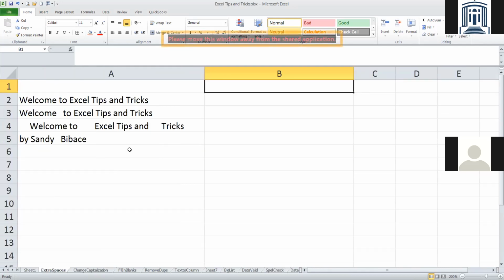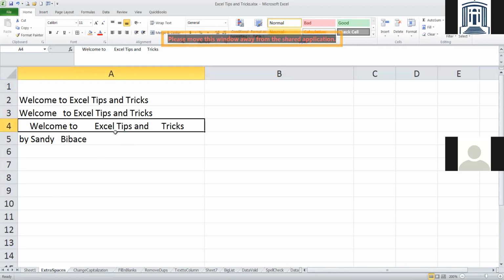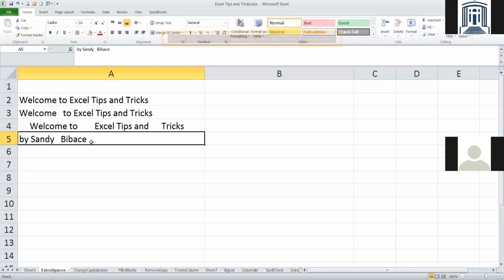Here is a spreadsheet that I did with some examples of text, some of which have spaces that don't belong there. This first entry, I think, is correct in terms of spacing, but the second one has an extra space here. The third one has extra spaces all over the place, etc. And there's actually a function